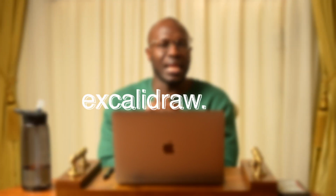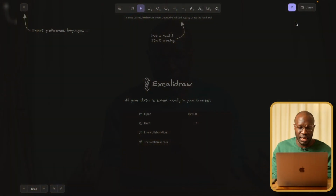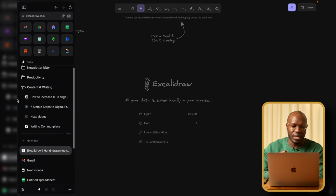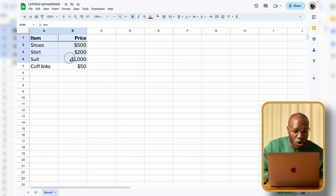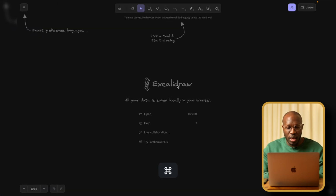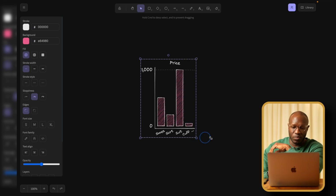But yes, that's it. The last site that I want to show you is called Excalidraw, and Excalidraw is a site that allows you to do a bunch of things, mostly create really cool images. This is what the site looks like, but one of my favorite features about this site is you can paste data from somewhere. For example, here's a Google Sheet with random data, okay? I can copy data from here, and I can come inside Excalidraw and paste it, and it will create a graph based on that data for me